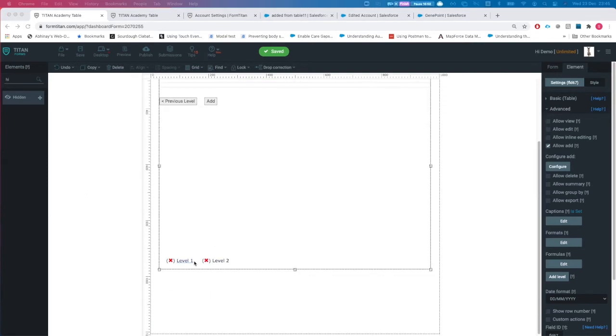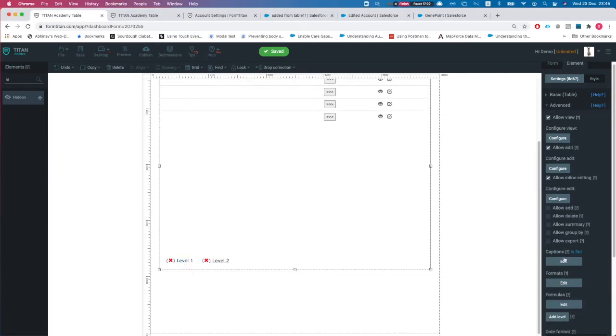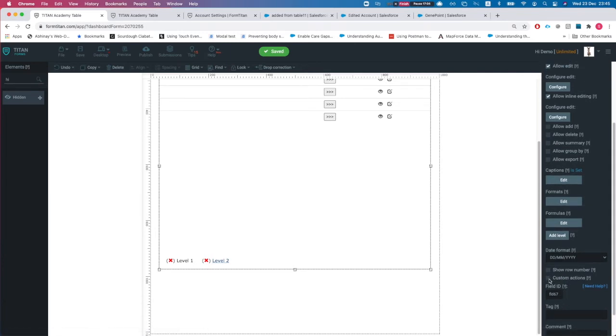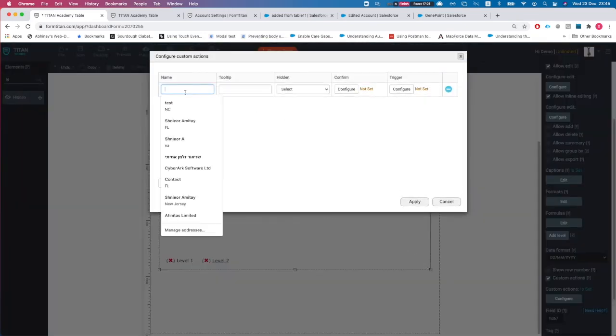All right, next up, let me show you the custom actions. The custom actions are very, very powerful. If I select this, what this gives you is the ability to create a button on the account, on the table. Right now we're in level 1, so that will be on the account. You can do it for any level. It will let you create a button, and once you click on the button, you can decide what you want to do. So let's say we'll do click me,